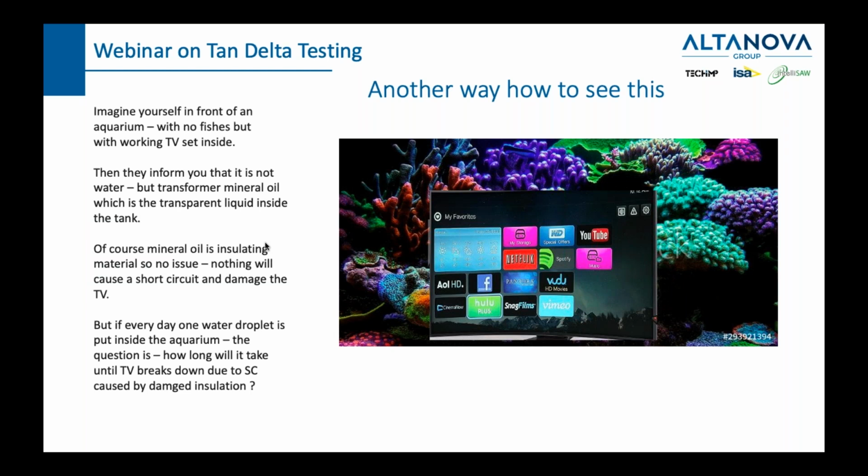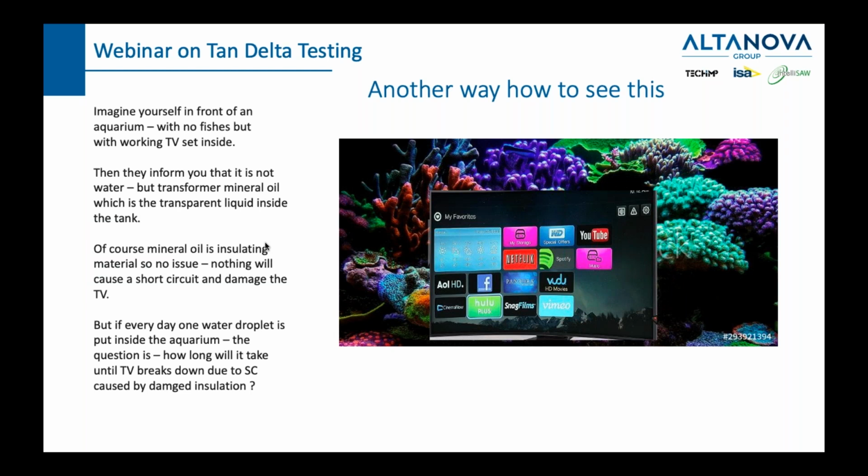no short circuits happening. But if every day you drop one droplet of water inside and stir it up, the first day that droplet of water will not make a difference. The second day, probably not. The fifth day, probably not. Maybe even the 50th day, nothing will happen. But on the 100th day, maybe there will be enough water inside that mineral oil to start making it more